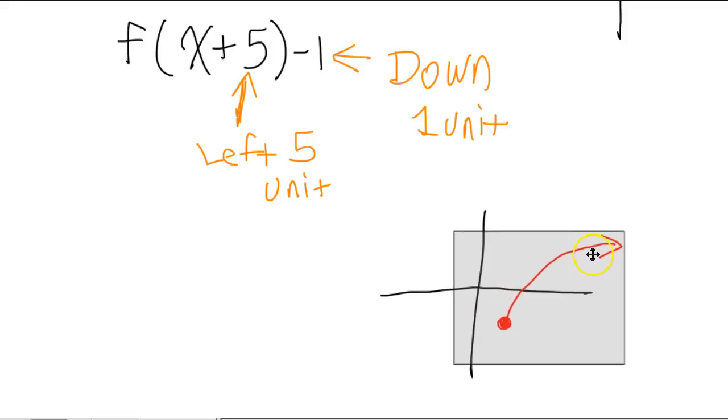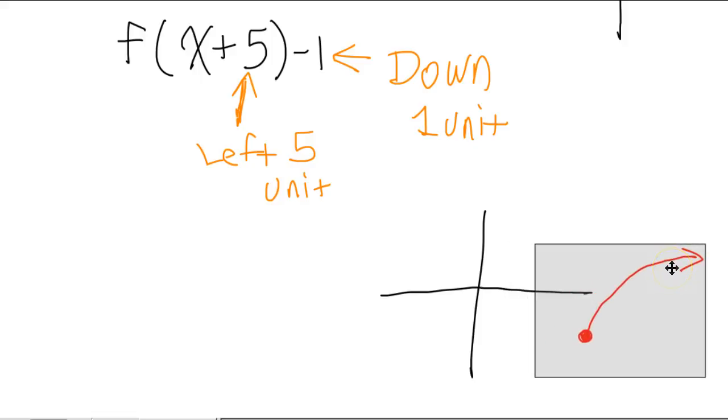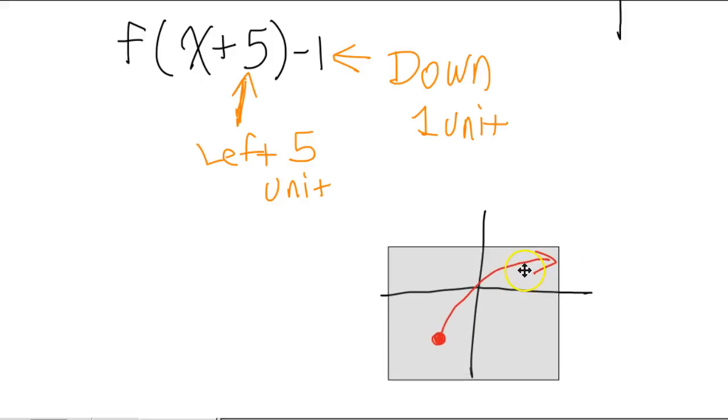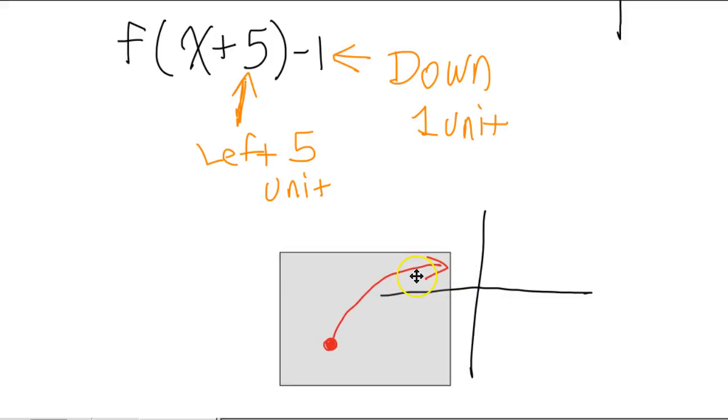So 1, 2, 3, 4, 5. Wait a minute, that was to the right. 1, 2, 3, 4, 5. Proof that even math teachers make mistakes every now and then. And there we have it. We now know exactly where this is at. This is at